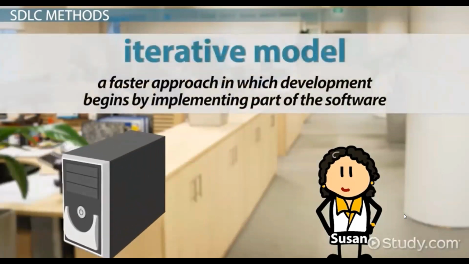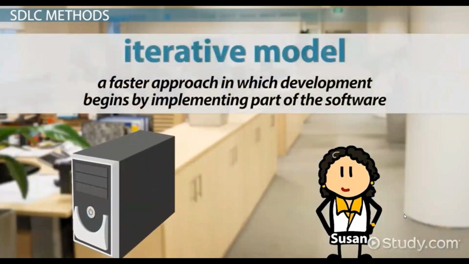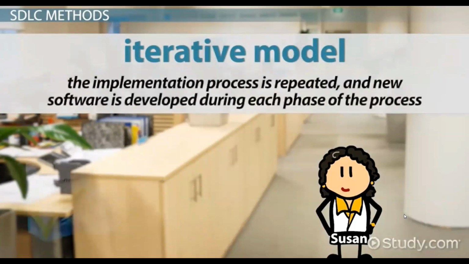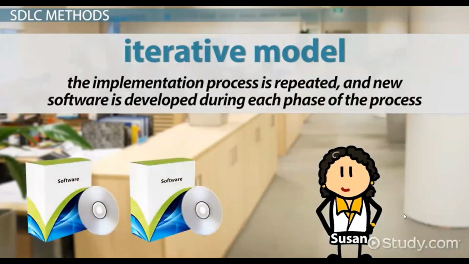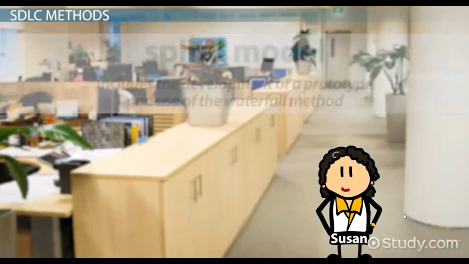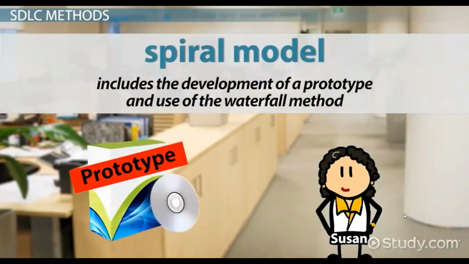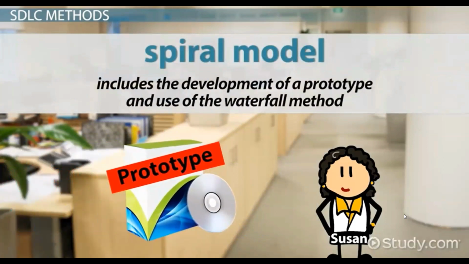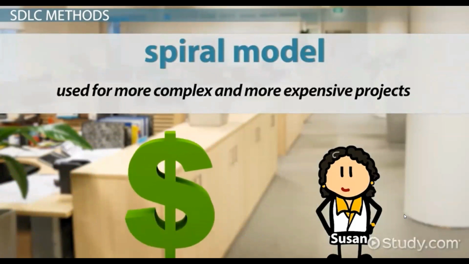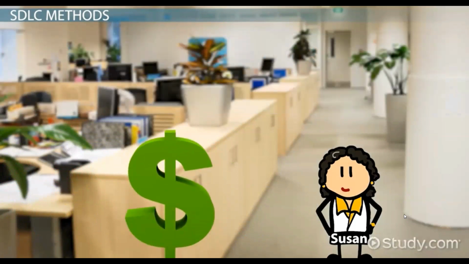The iterative model is a faster approach, in which development begins by implementing part of the software. Full implementation and specifications are not used in the iterative model. Under the iterative model, the implementation process is repeated, and new software is developed during each phase of the process. The spiral model includes the development of a prototype and use of the waterfall method. The spiral model is used for more complex and more expensive projects in which a prototype is necessary to begin